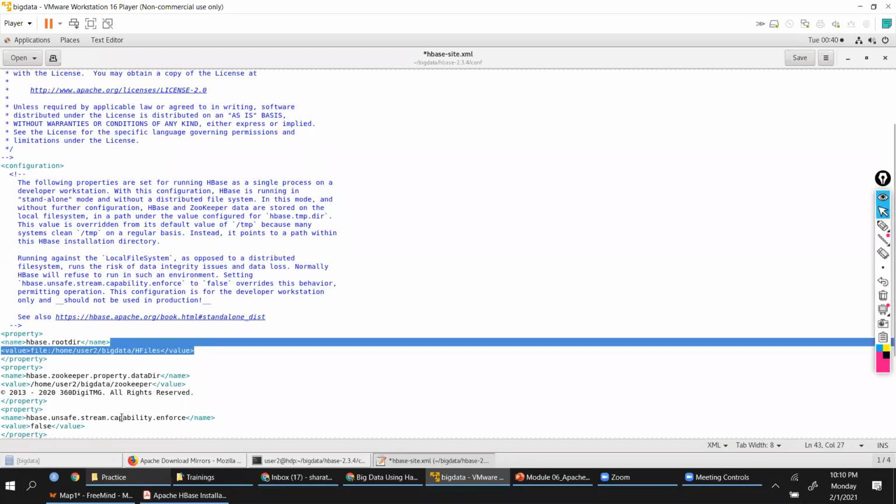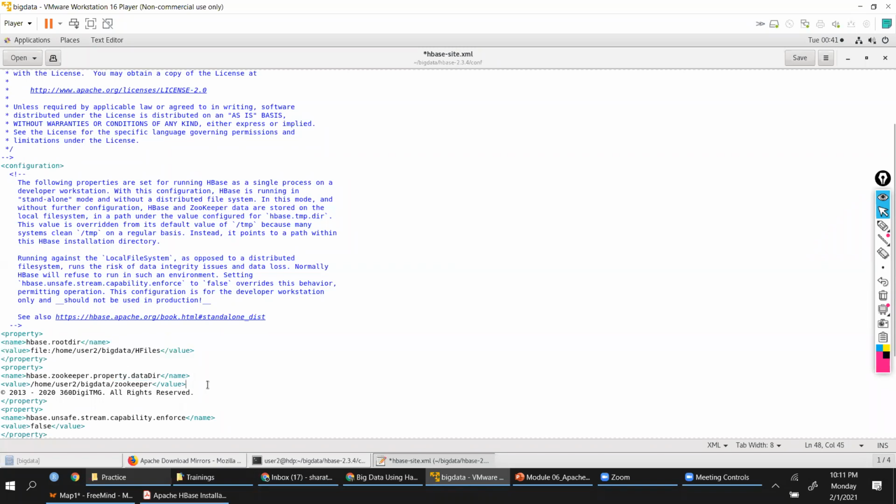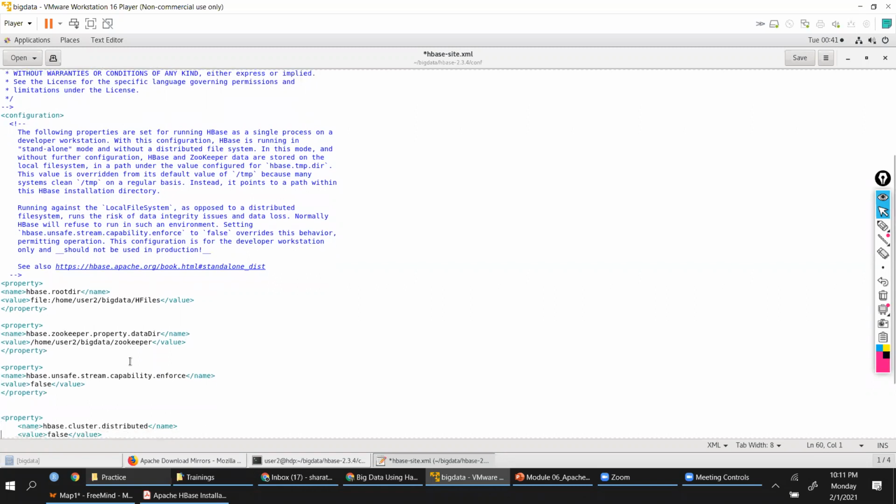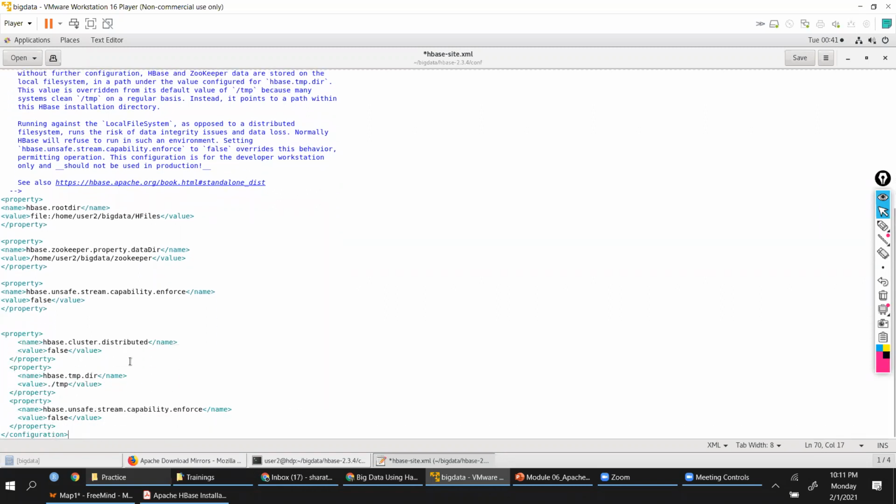So I have the HFiles and the Zookeeper values, which I have copied, and let us remove this. So these are the three settings that I have added to the HBase configuration. Okay, that's it. You don't need to add anything.